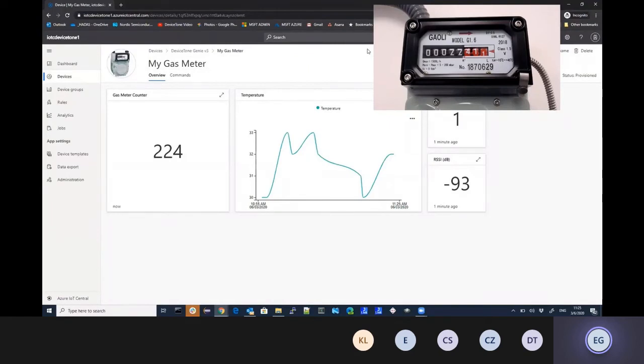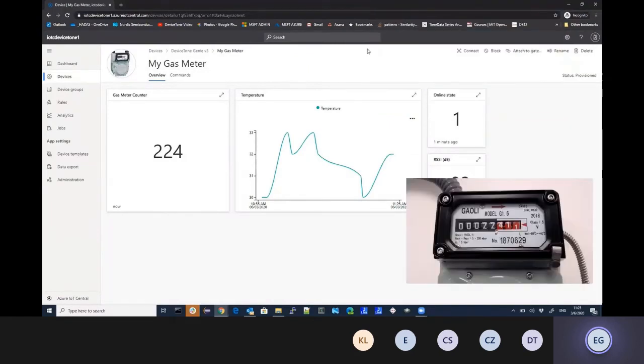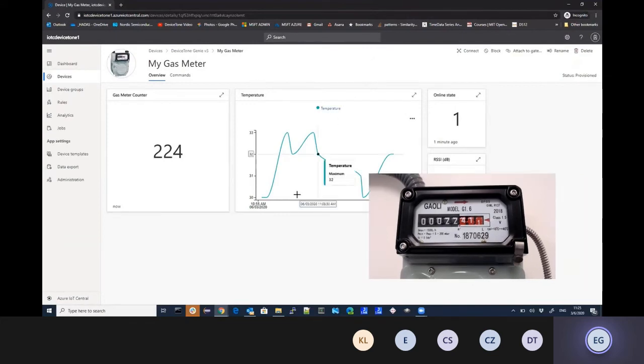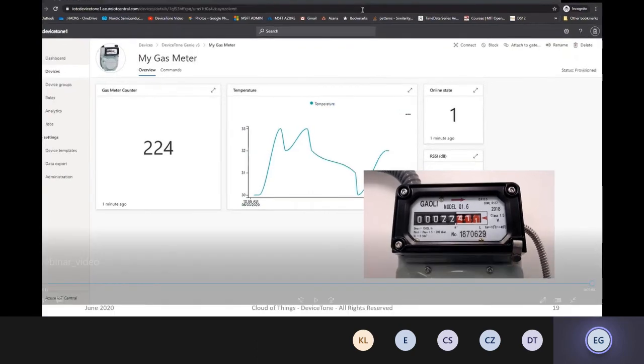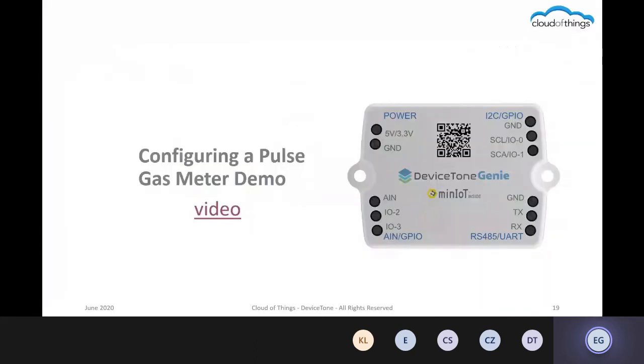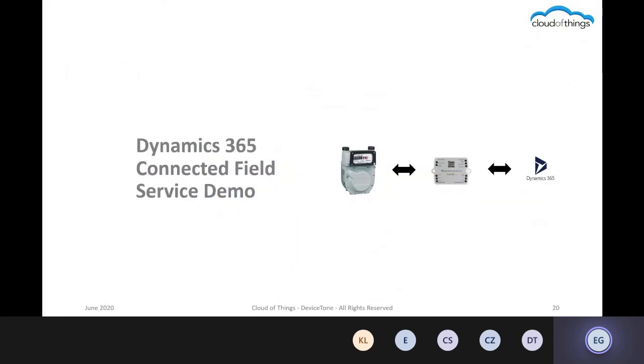Okay, so this is how I connected a gas meter in maybe 2-3 minutes, maybe 5 minutes. I actually created a connected solution. So this is the gas meter demo. And what I wanted to show is how I take it to the next level and actually connect this device to